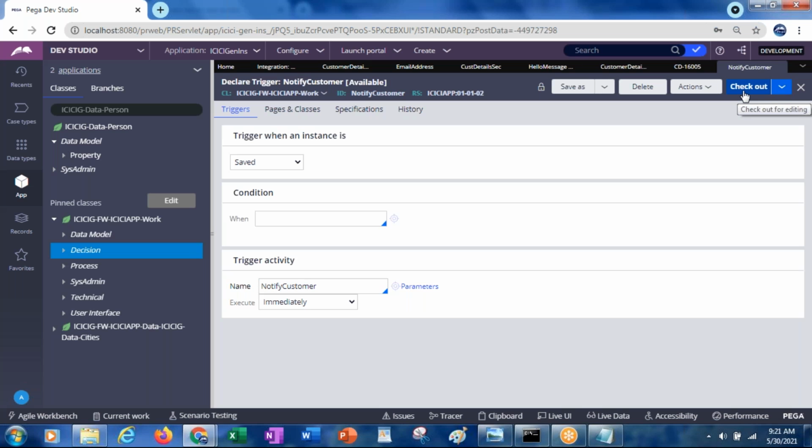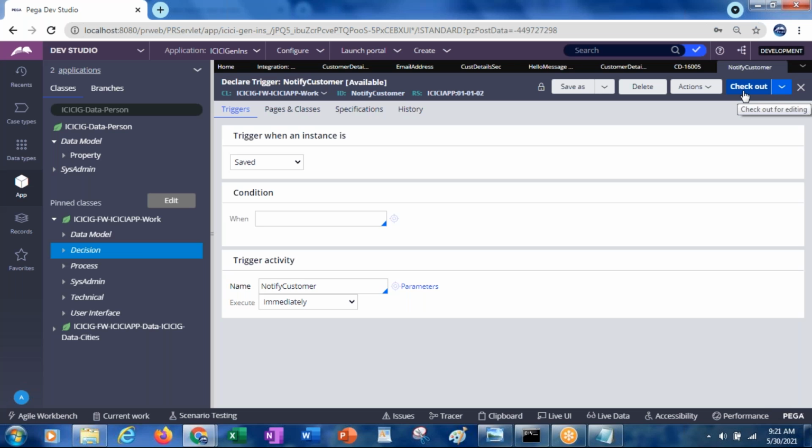So now from where we need to call this declare trigger? In the declare trigger rule. This is the declare trigger rule. From where we need to call this declare trigger rule? I think we don't need to call. It will automatically work. Exactly. So the main purpose of the declarative rules is that they execute automatically without any reference from anywhere in